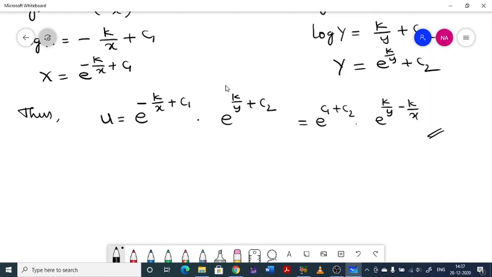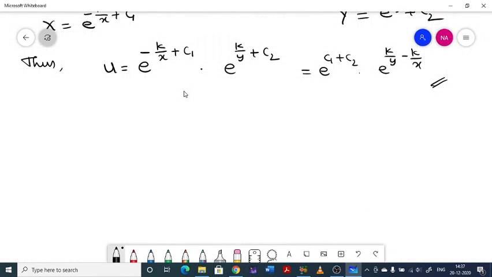If you want, you can take k outside, and c1 plus c2 you can put as c. So that's about the second problem. Now next problem, solve